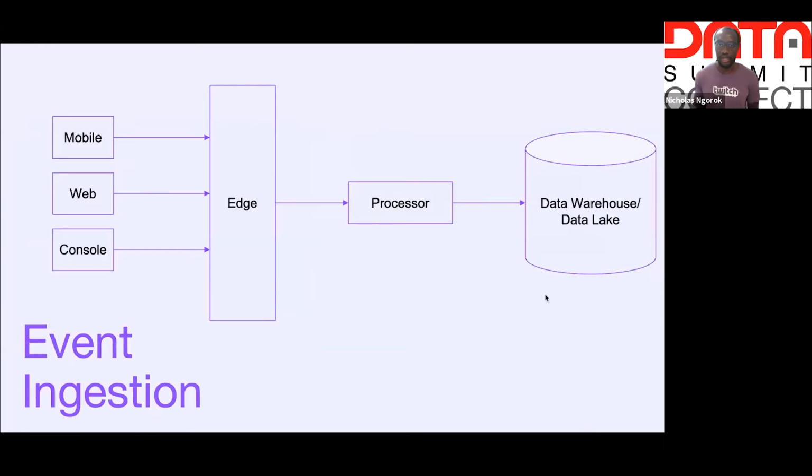So a quick look into what our event ingestion is like at Twitch. I chose data warehouse / data lake because this is how our ingestion has evolved over the past 7 or so years. So we have folks watching Twitch on mobile, web, console, and different clients, and those clients send events to us. We have a cluster of servers that we call Edge, which receive all these events, and a processor